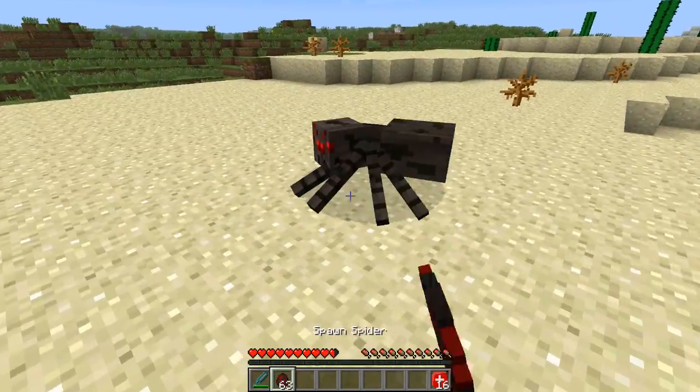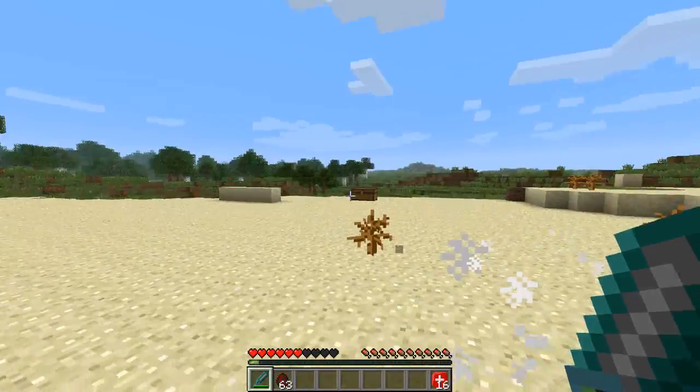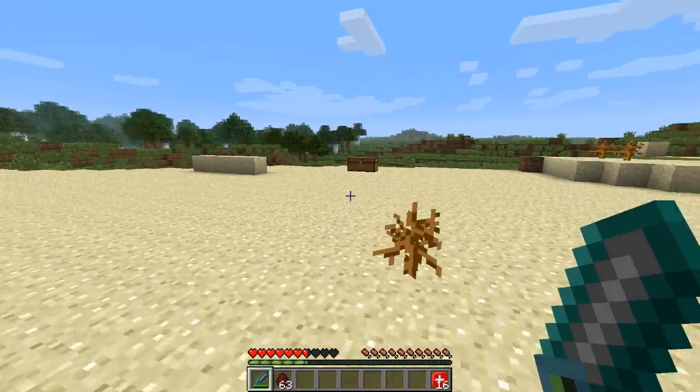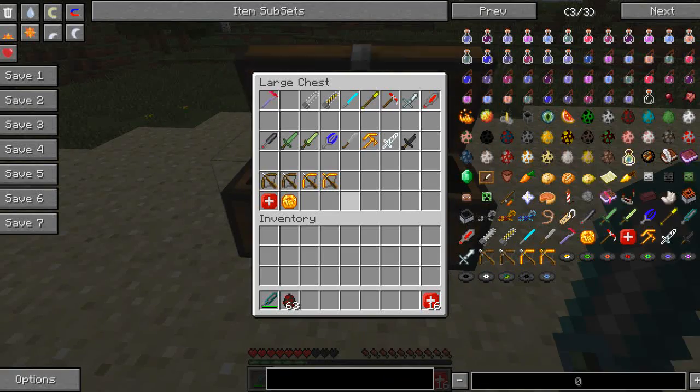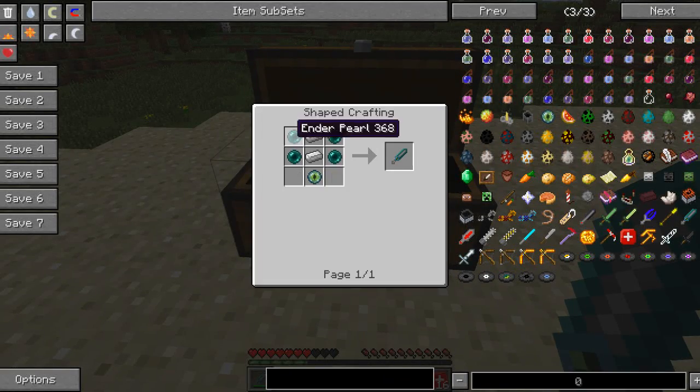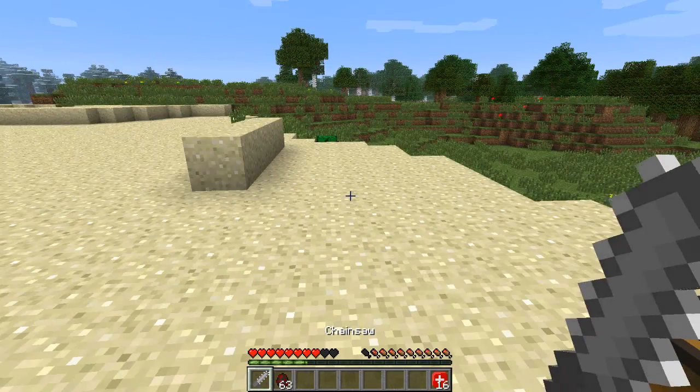You can go ahead and, yeah, you don't know where we're coming from because I'm teleporting all over the place. Yeah, I'm so agile. So you can do that to spiders with the ender sword. All right, and the crafting recipe for that is a few ender pearls, eye of ender, and a couple of iron ingots. Let's go ahead and toss it on back and grab the chainsaw, which, well, you may be able